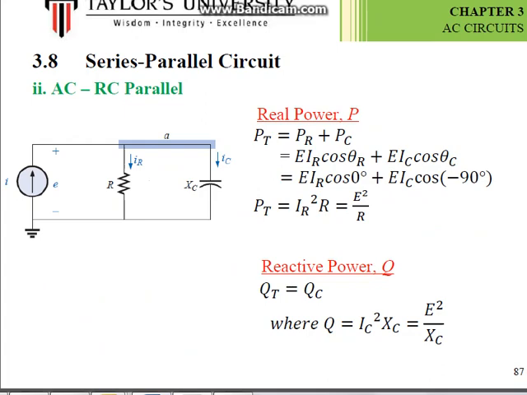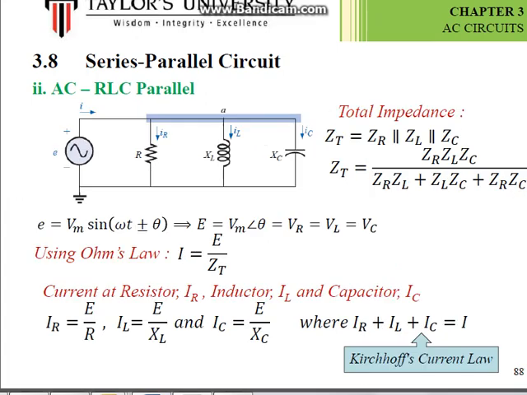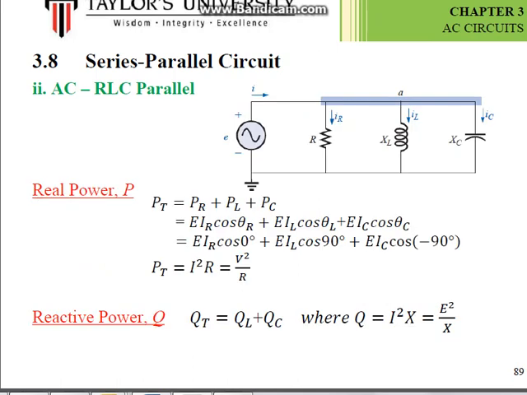Real power, as usual, only takes into account your R. Reactive power, in this case, you only have your QC. Alright, so everything stays the same. If it's a combination of 3, you just get the parallel of 3 together, and then go by the Ohm's law again. Real power, only the R. Reactive power, you have the QL and your QC. Okay,